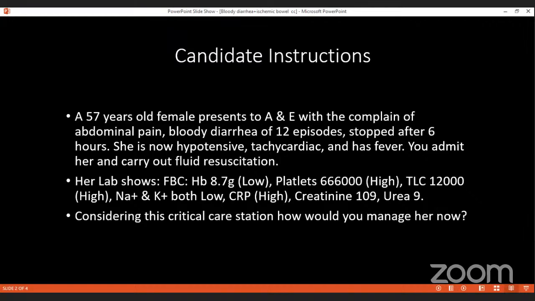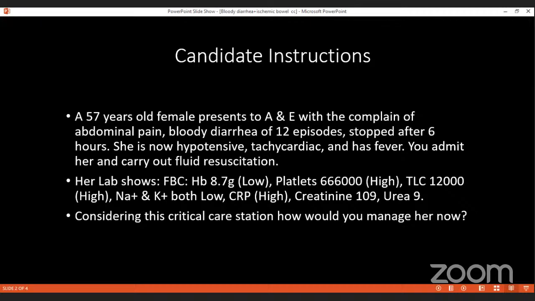If you have read and understood and considering it a critical care station, how would you manage this patient? I would manage the patient according to the ABC approach of the CRISP protocol. Airway assessment: speak to the patient; if they can speak, the airway is secure. If they cannot speak, look for any foreign body or secretion, and manage it with chin lift and jaw thrust and removal of any foreign body and secretion, and maybe intubate the patient according to the Glasgow scale. Then breathing assessment by inspection for symmetrical chest wall movement and counting respiratory rate, then palpation for the trachea being central, and then percussion and